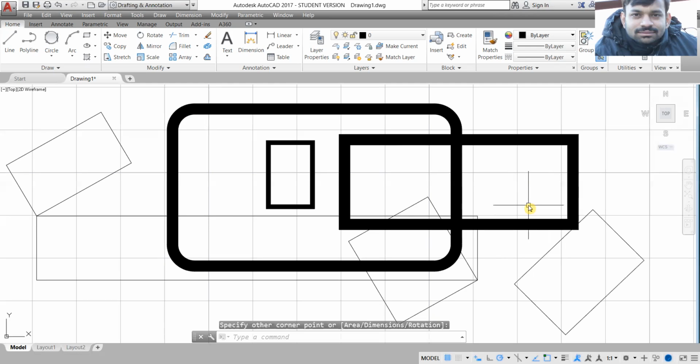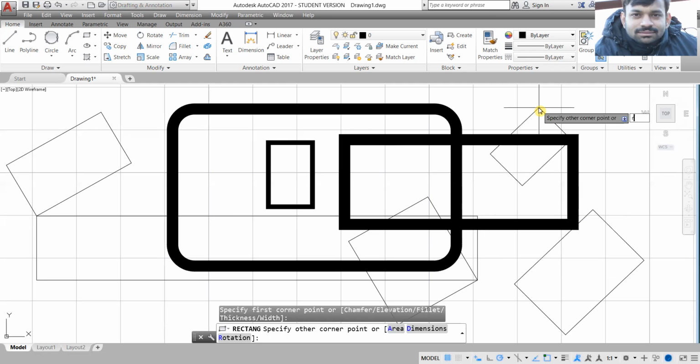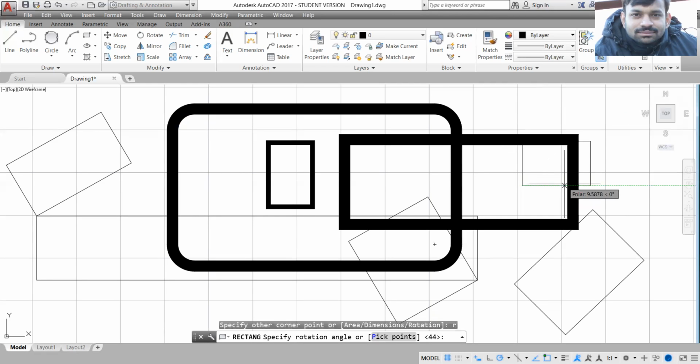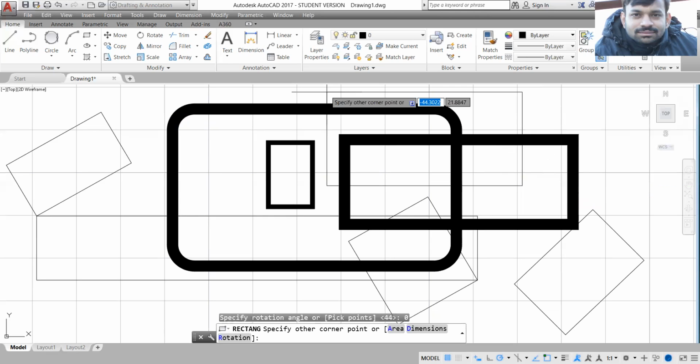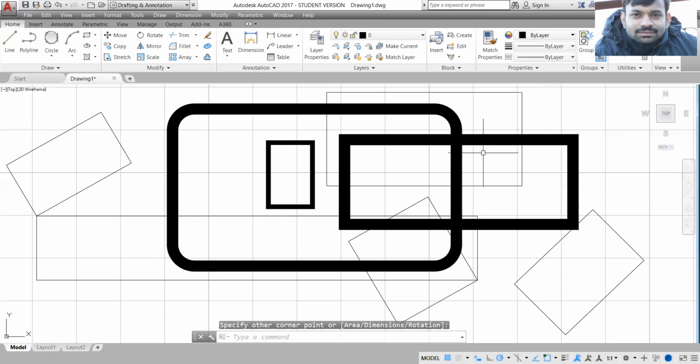Let me show you again. Let's start the rectangle command again. So it is drawing at 30 degrees only. In order to change the angle, we can again go to the rotation option, R, enter, and we can specify the angle as 0. So it will keep the baseline parallel to the x-axis and specify the other side.